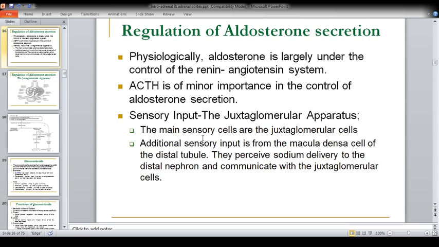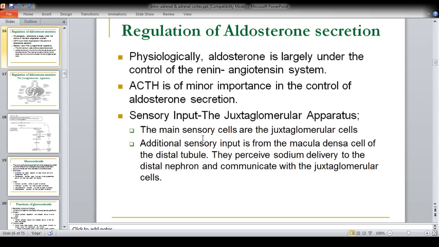Additionally, sensory input is also from the macula densa cells, which are located in the distal tubule of the kidney. They perceive the sodium delivery to the distal nephron and communicate with the juxtaglomerular cells. So if sodium is moving towards the distal nephron, from where it would then be excreted out into the urine, the macula densa cells of the distal tubule communicate this information to the juxtaglomerular cells, from where